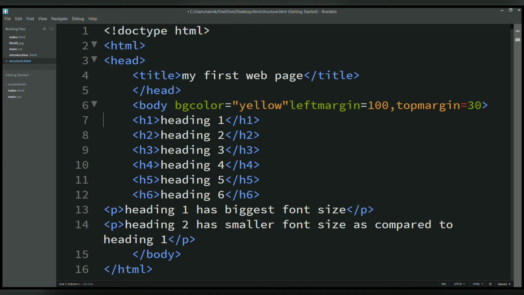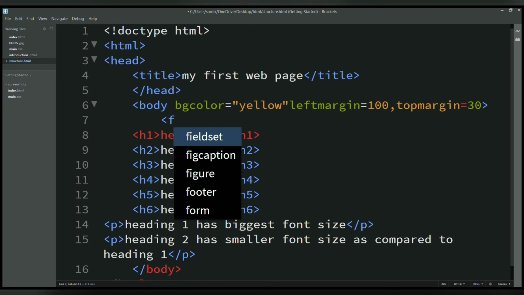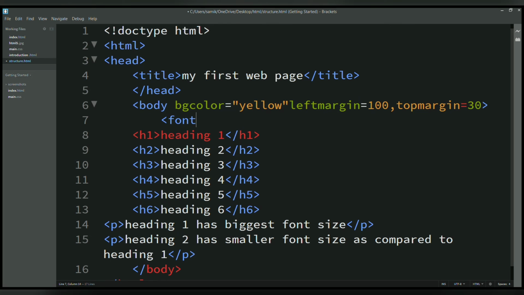So after this, if we want to add color to our font, we have to write font size. Font size is equals to, we can write anything. I will write here 6.